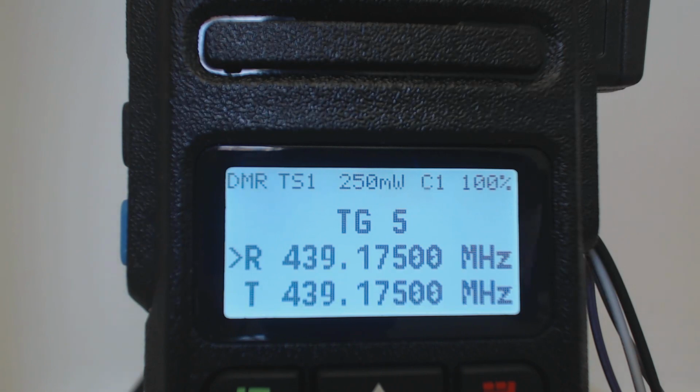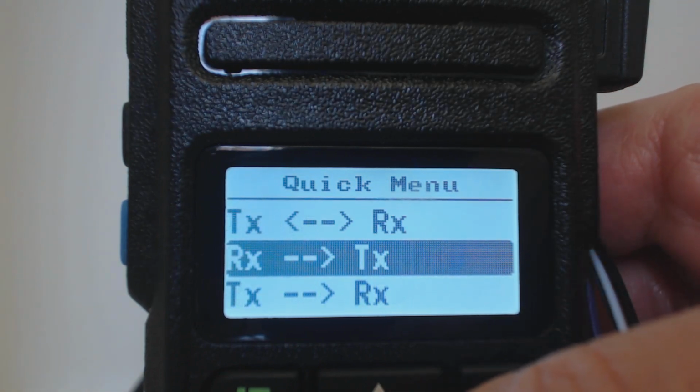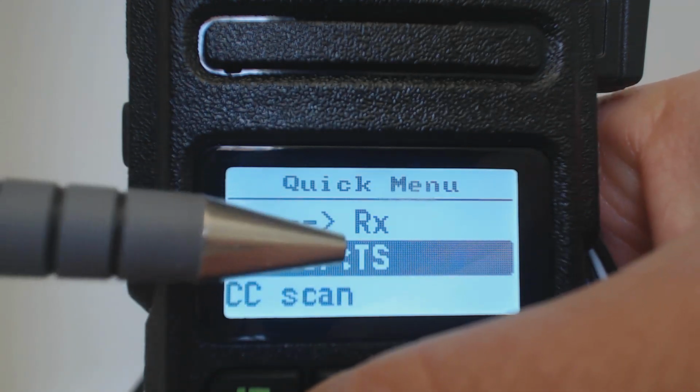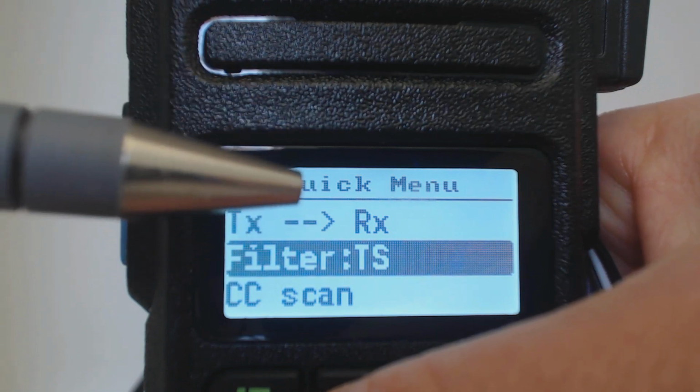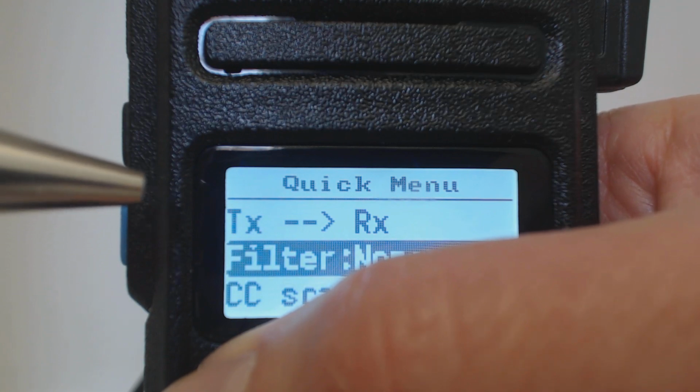However, if you want to reply to that person on the talk group that they've come through onto the repeater, while it's still displaying that, press the blue key on the side and it will switch you over to that. In addition to it switching the talk group, there is now a feature which I'm going to show you by pressing the quick menu on the VFO, which is the DMR filtering. Now currently it's filtering on time slots, so it will only be receiving on the time slot that I've currently selected. However, if I disable the filtering on the DMR,